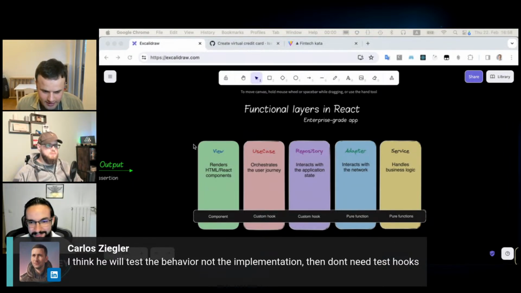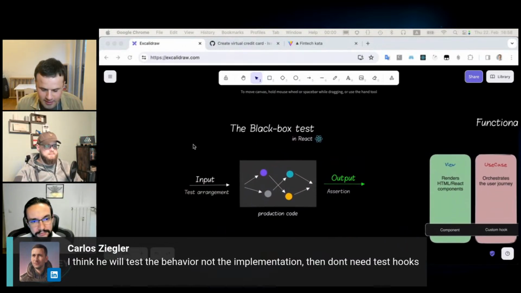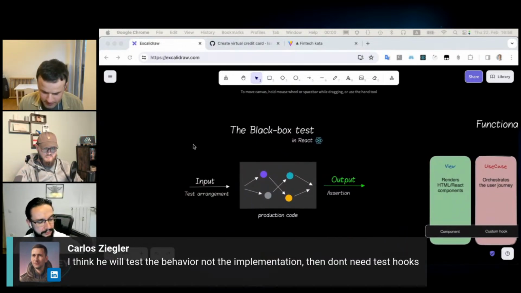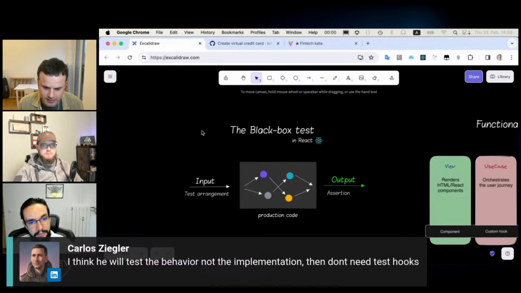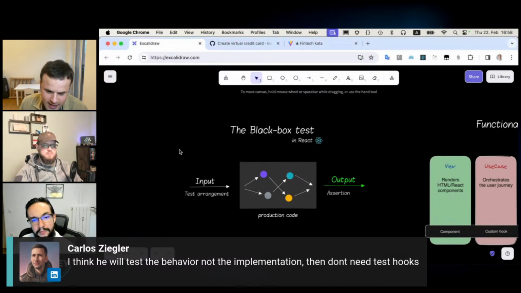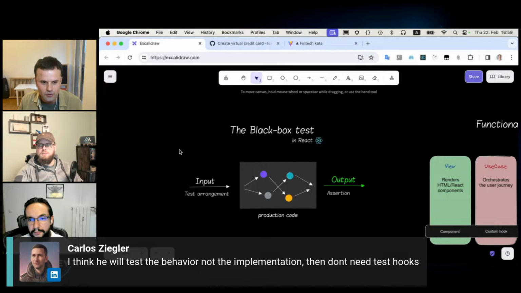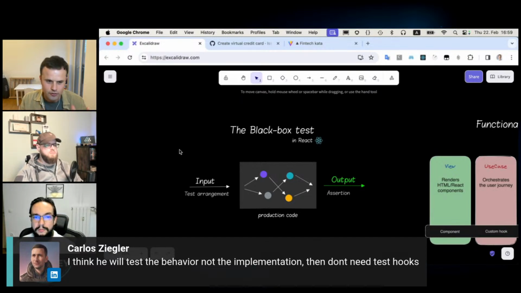And here I want to show you the vision of how I see any type of tests. In React, any type of test should be a black box. Your production code doesn't have to be coupled with your test code. Test code doesn't have to know about how you implement stuff, using useEffect, useCallback, useState, whatever. It doesn't matter to the test.